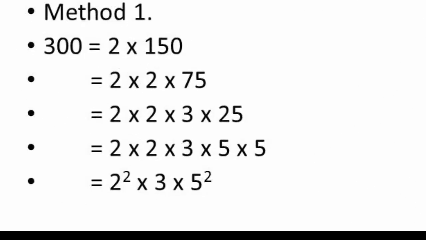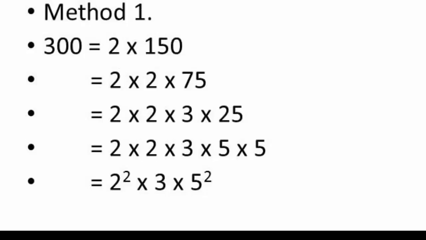The first one is where we write out the number 300. First thing we do is we try and look for the first prime number which divides into 300, which is naturally 2. Always try and halve it first, and that gives us 2 times 150. Now look at 150. Can you halve that? Clearly you can. You can write it as 75, so we've got 300 is 2 times 2 times 75. Now clearly 75 is odd, so it can't be halved. So now try and divide the next prime number into it. Fortunately we can. 75 is divisible by 3, so we can write it as 2 times 2 times 3 times